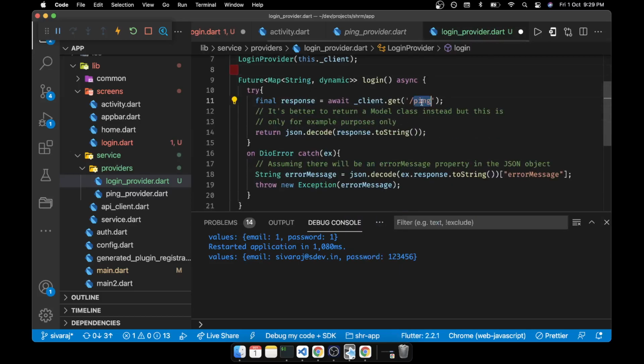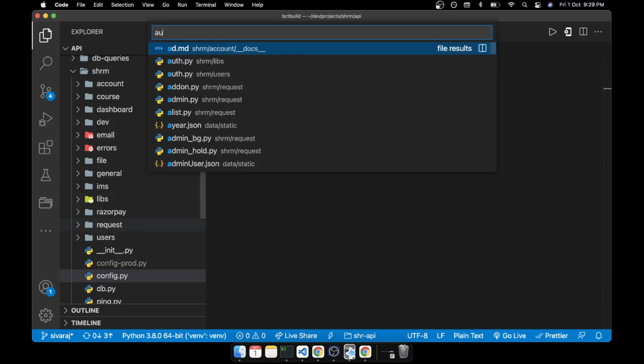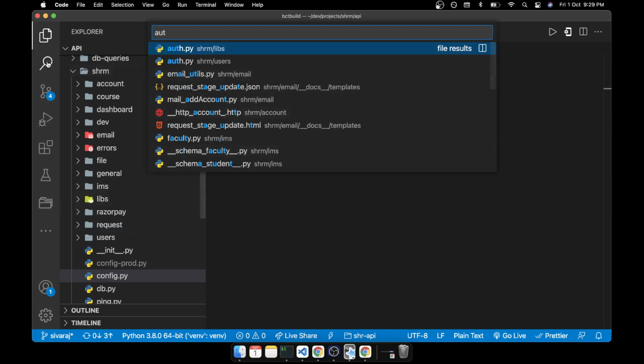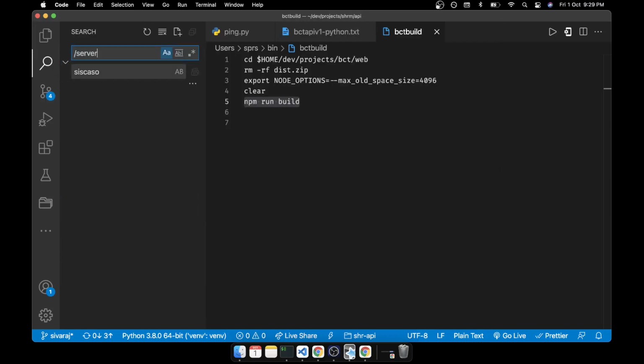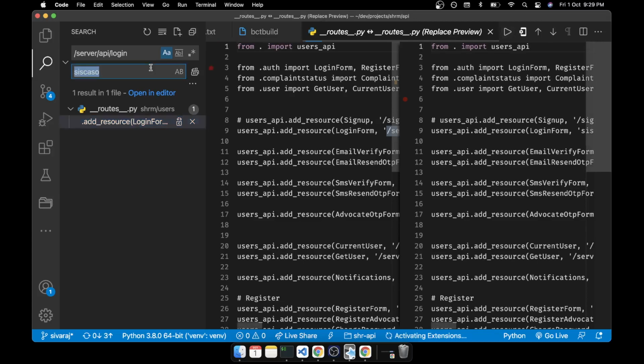So what it is trying to do, it will try to call, what is our API for a login? Server API login, server/API/login. Server/API/login. Okay. So now we'll come here, we can try to see what is the API.